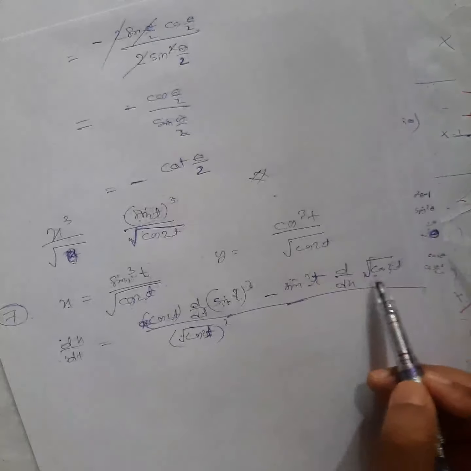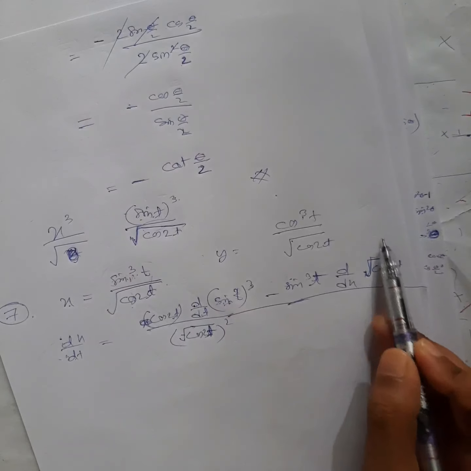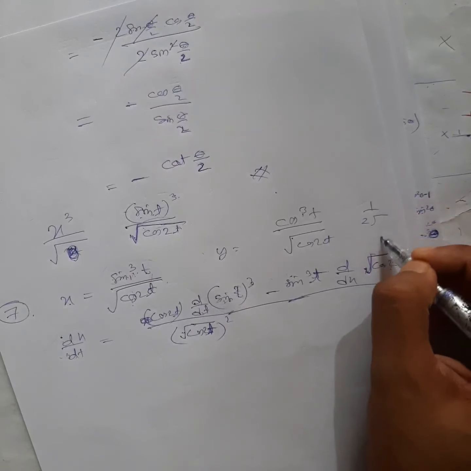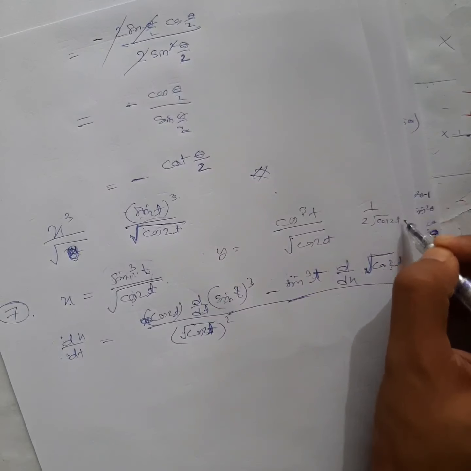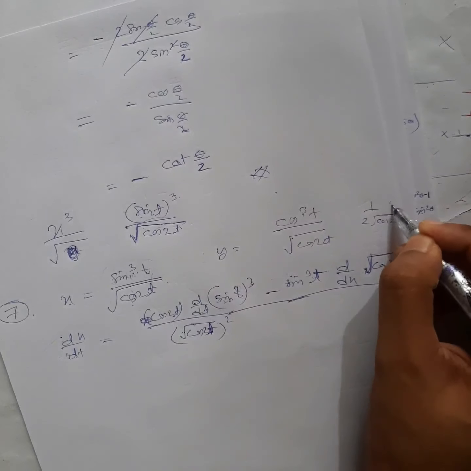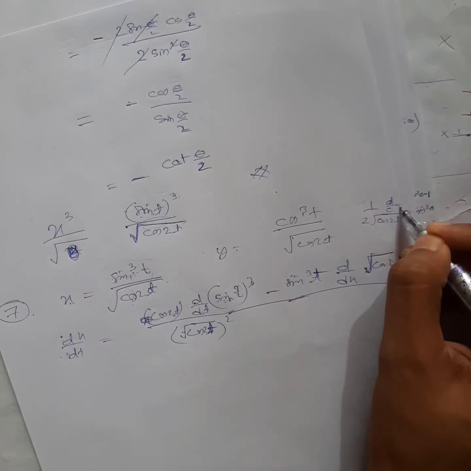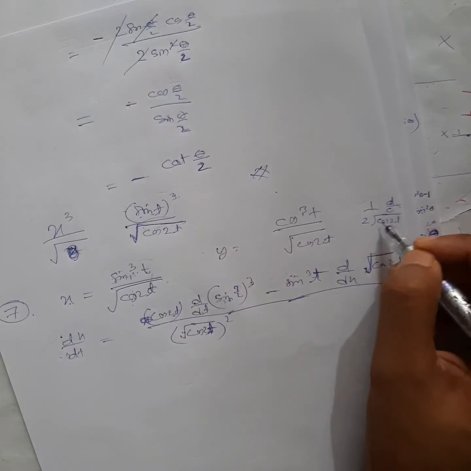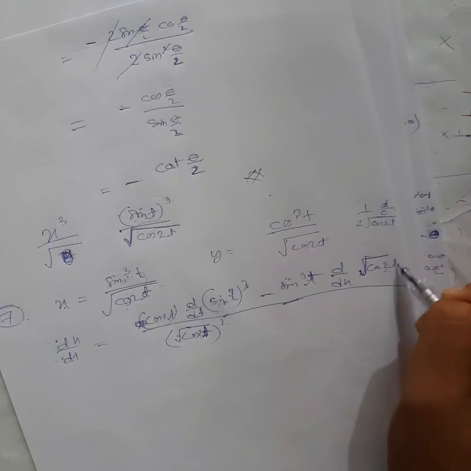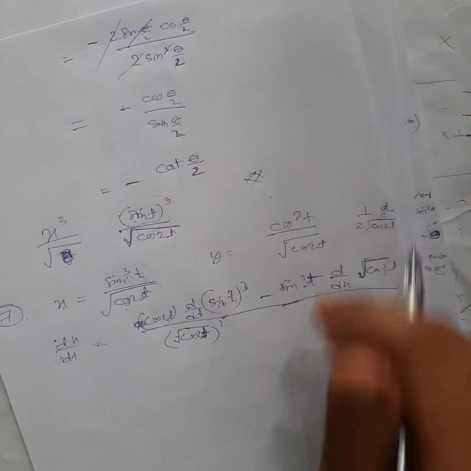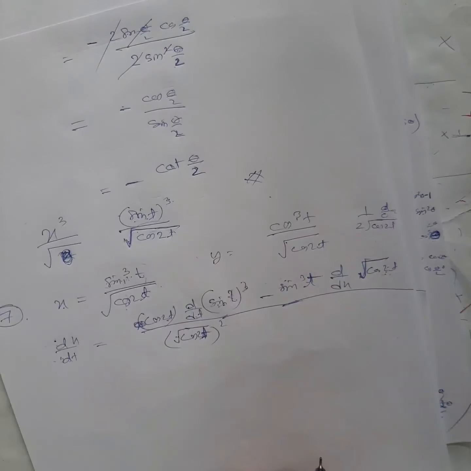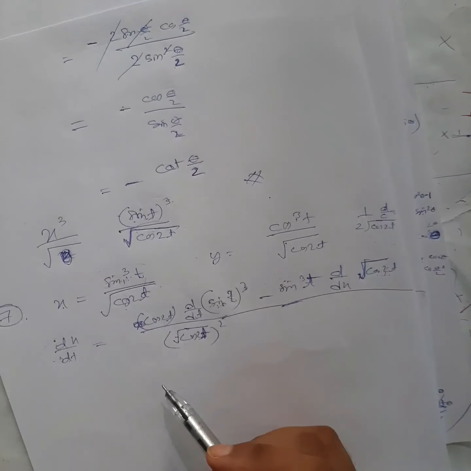Same way here, this is root x form. So first you will get 1 by 2 root x. In place of x you have cos 2t, so differentiate this one again. So d/dx of cos 2t you differentiate again, it will be minus sine 2t. Again you have to differentiate 2t. So in that way you differentiate dy by dt also, and dx by dt, and then divide it. Let me know if you can do that or not.